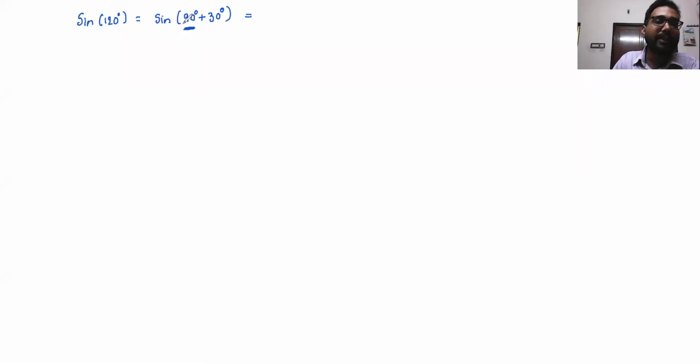So now sine 90 is there, so sine will change to cos, and 30 in place of theta is there, so it will be cos 30. And in the second quadrant, sine is positive, so we have to put one plus sign. That means we leave it as it is. So the answer is root 3 upon 2.